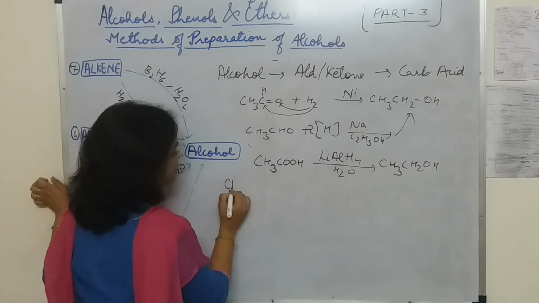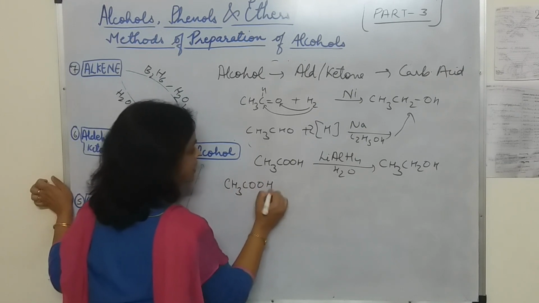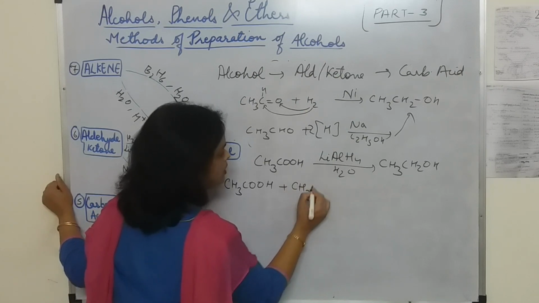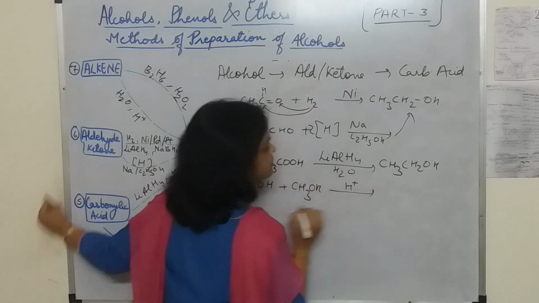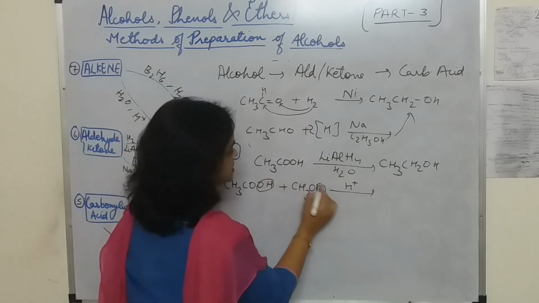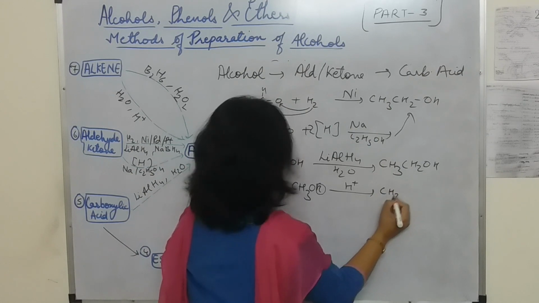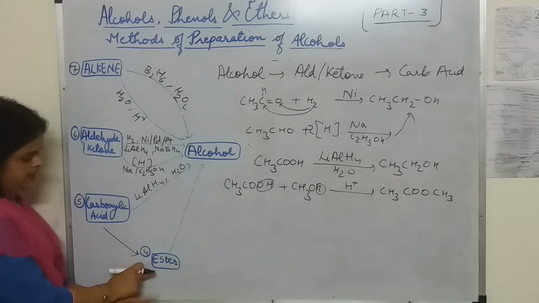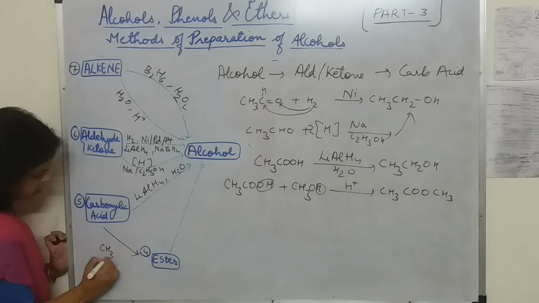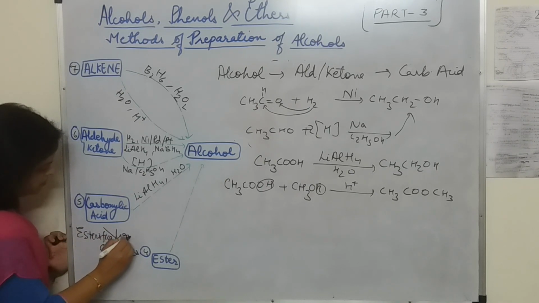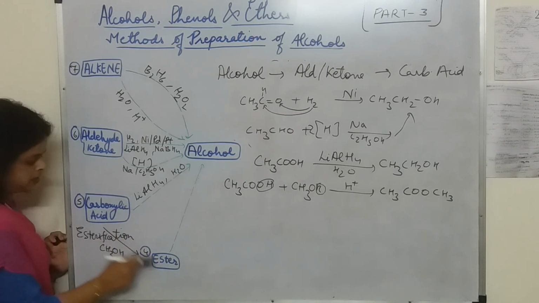So what we are doing, first this acid will be converted into ester. We are taking one alcohol, and in presence of acid we are heating this and we will get ester, CH3COOCH3. Now once you get the ester, suppose I am writing here CH3OH, we are taking the alcohol, and by esterification we had converted carboxylic acid into ester.